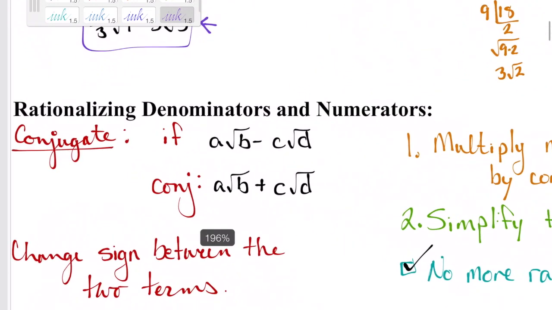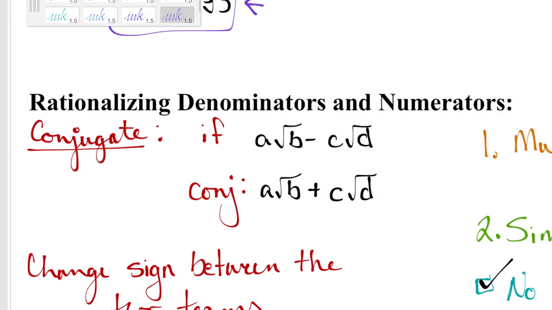All right, so our next bit, I said before that we don't like having radicals in the denominator. Say that we had something that was a little bit more than just like a square root 3 or a cubed root 7 or something like that. Say it was a binomial. If we have a binomial and a radical in the denominator, we want to use this thing called a conjugate. And so conjugate basically just means that we have different signs in between. So that's the only thing that we're changing, and it can go either way. So if we start off with a plus, we would change to a minus. When we do that, if we multiply by a conjugate,